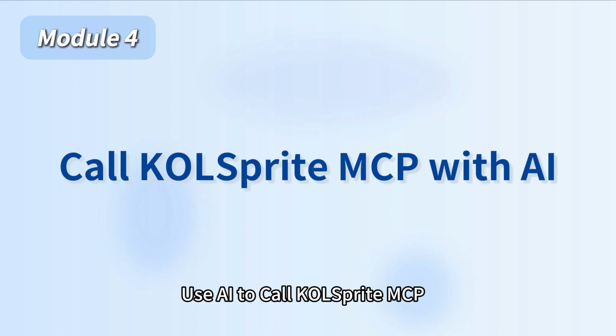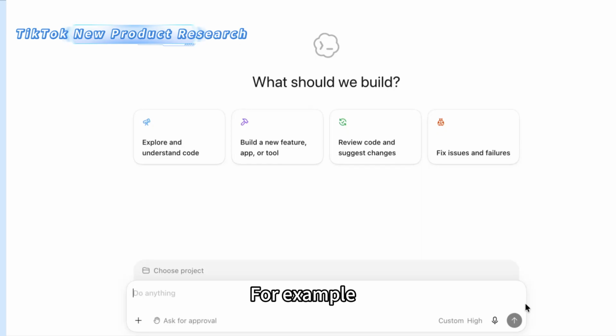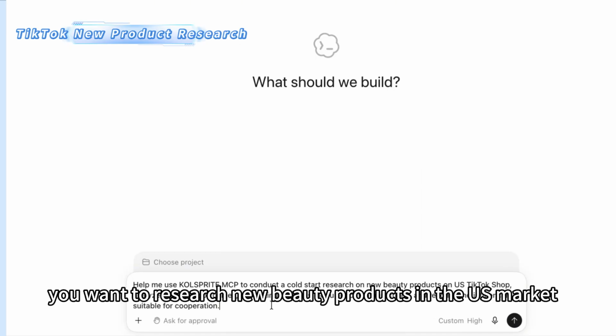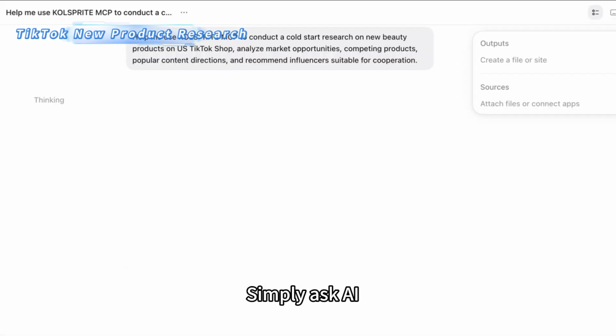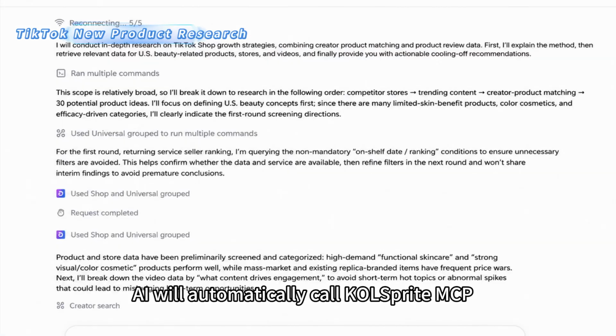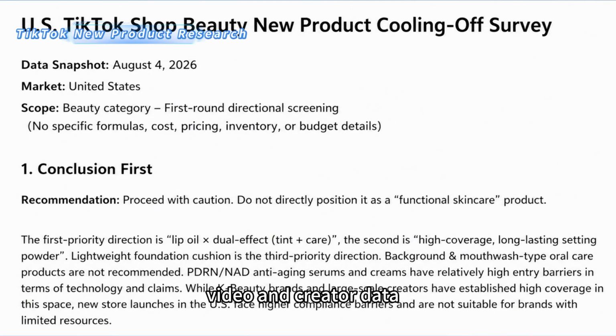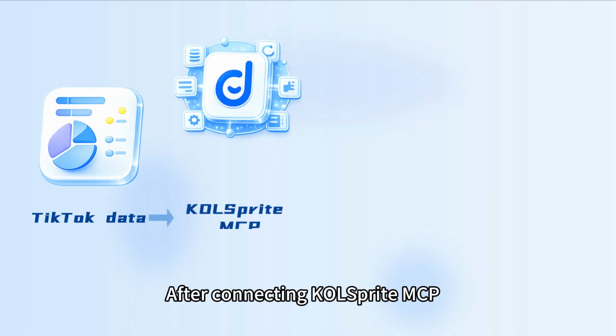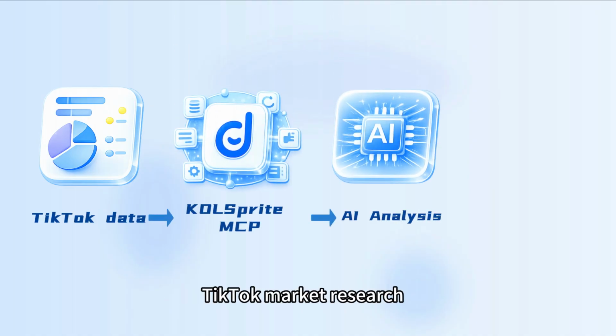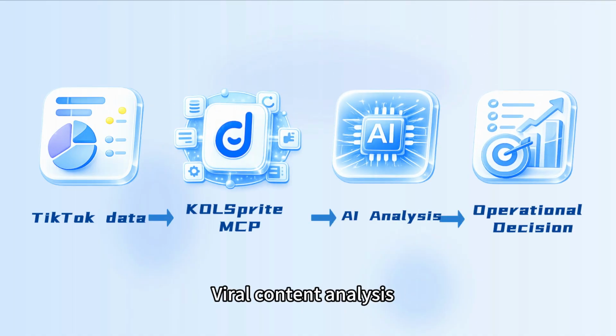Use AI to call KOLSprite MCP. For example, you want to research new beauty products in the US market. Simply ask AI. AI will automatically call KOLSprite MCP to analyze product, store, video, and creator data. After connecting KOLSprite MCP, you can let AI help with TikTok market research, viral content analysis, creator selection, competitor research, video script analysis,